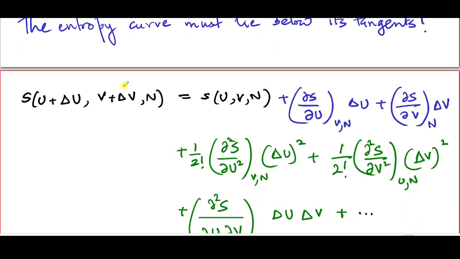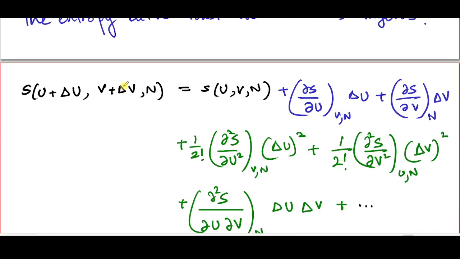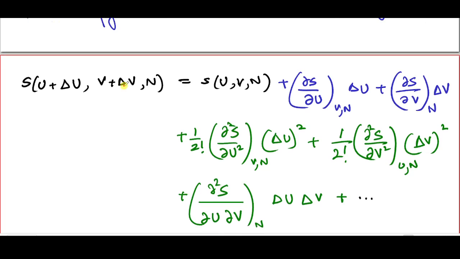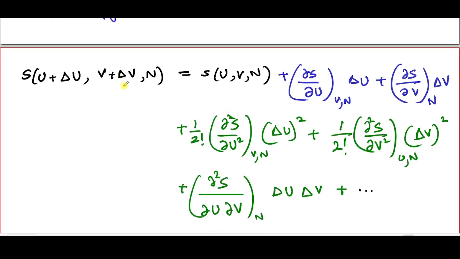We are going to assume here that S is a smooth enough function of u and v, smooth enough in the sense that it has enough partial derivatives that we need for this. So, standard Taylor expansion, which we can do in this case, tells us that the value of S with these arguments is S at u, v, n plus del S del u at v comma n delta u. That's the first order change because of change in u, plus del S del v at u comma n. I should have put in the u here as well, delta v,